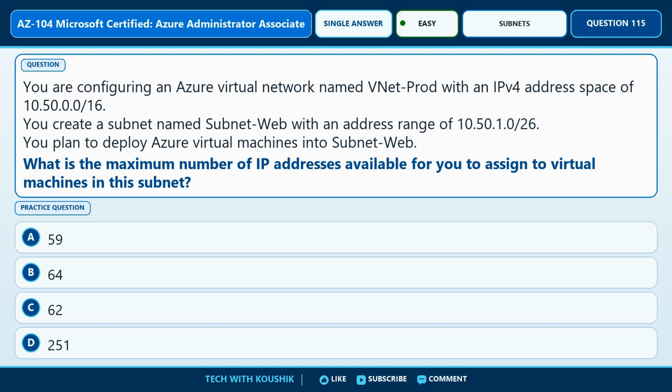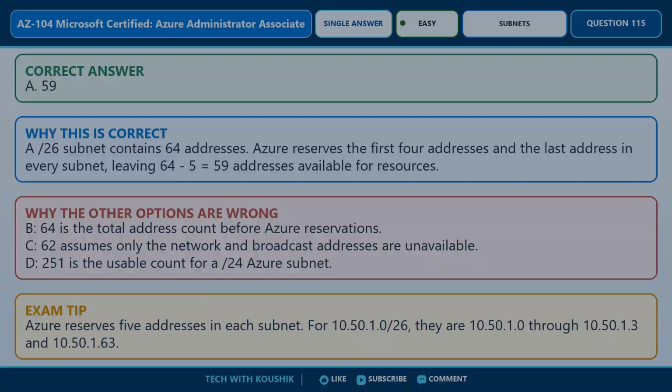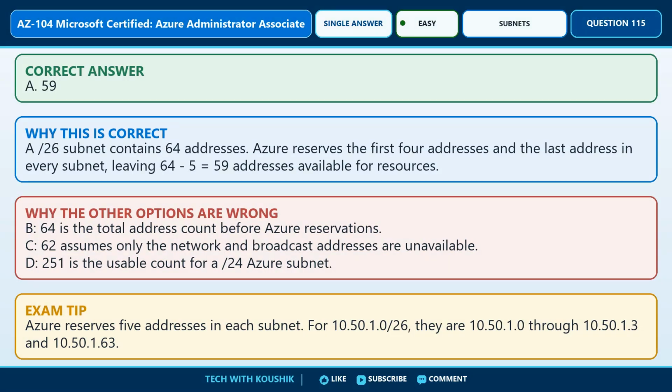Now examine the possible answers. Choice A, 59. Choice B, 64. Choice C, 62. Choice D, 251. The best answer is option A, 59. A /26 subnet contains 64 addresses. Azure reserves the first 4 addresses and the last address in every subnet, leaving 64 - 5 = 59 addresses